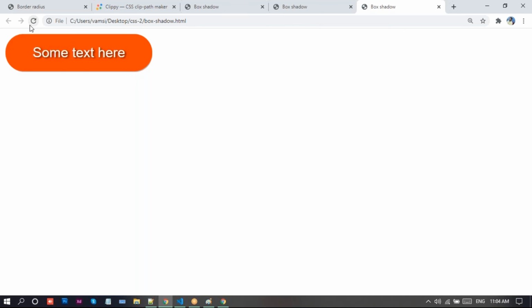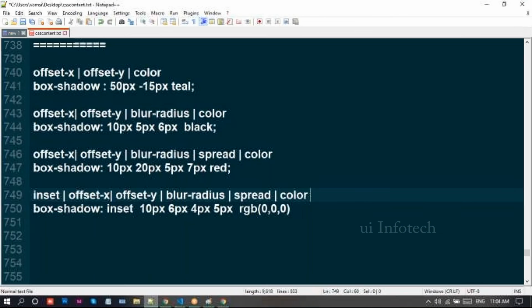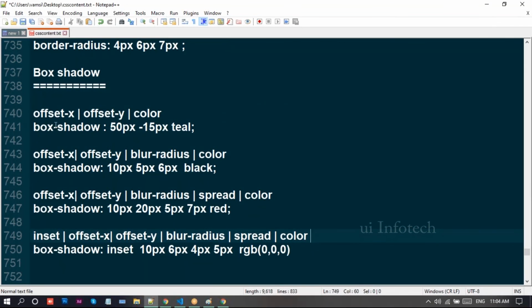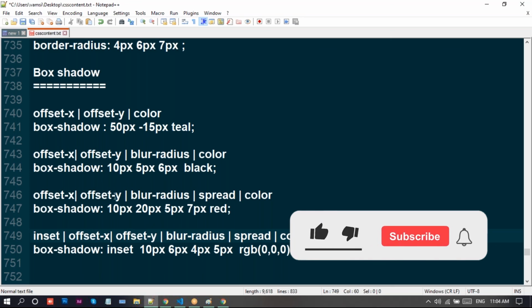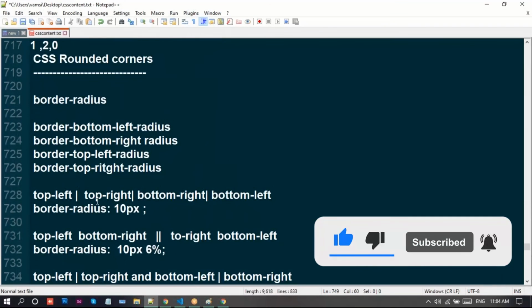So let me go to this browser once. Yeah, I will place the button. I will place this text shadow along with box shadow. So like this, we can create the box shadow and the text shadow in CSS. While writing this one, keep these points in your mind. If you find 2 values, they are offset x, offset y. If you find 3 values, they are offset x, offset y, and blur radius. If you find 4 values, they are offset x, offset y, blur radius, and spread radius. Like this.